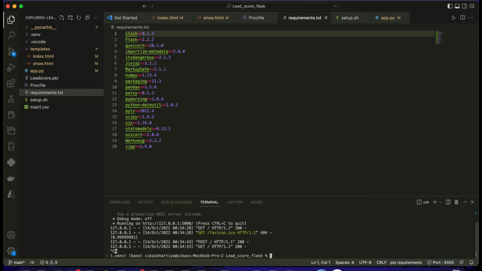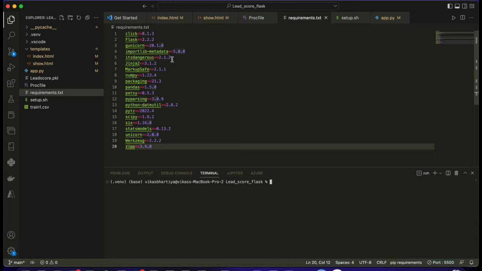So here we see what packages we are using. This is the version of all the dependencies which we are using. Either you can do conda list,